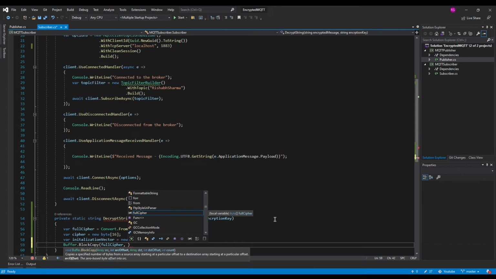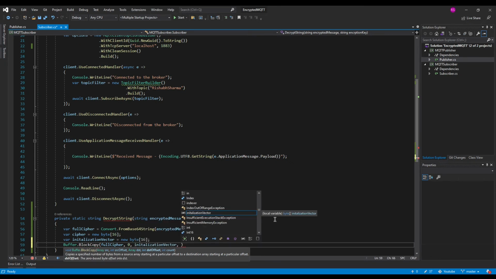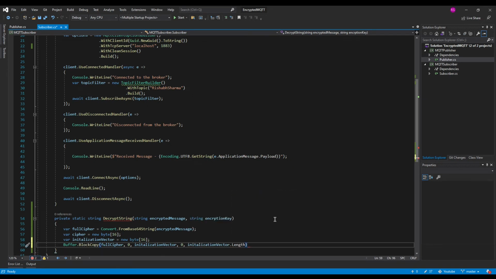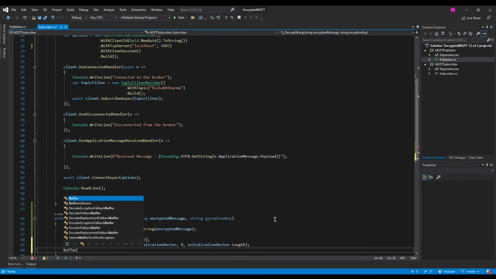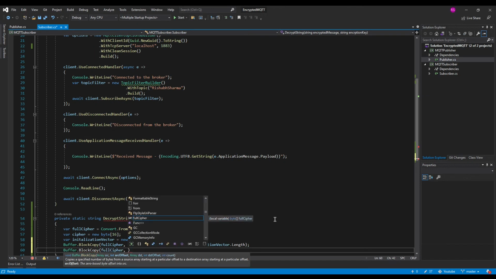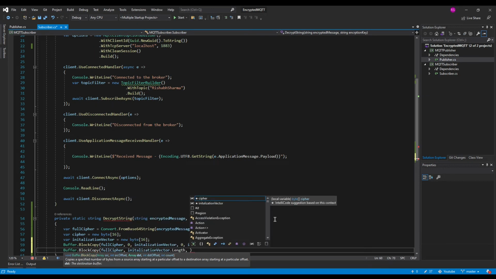So we'll start from the 0th index and copy into the initialization vector for the length of the entire initialization vector. Post that, we will again take the cipher message, but this time we will start from the next consecutive index from where the previous initialization vector had ended.